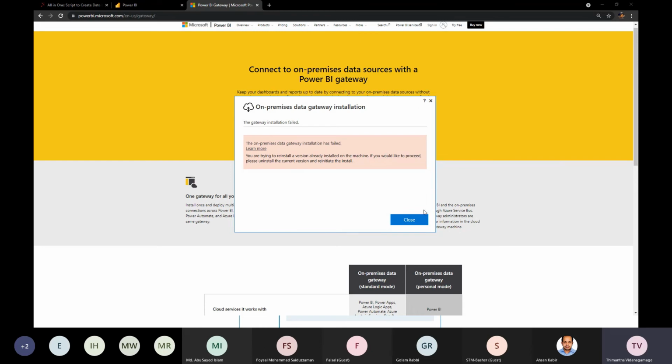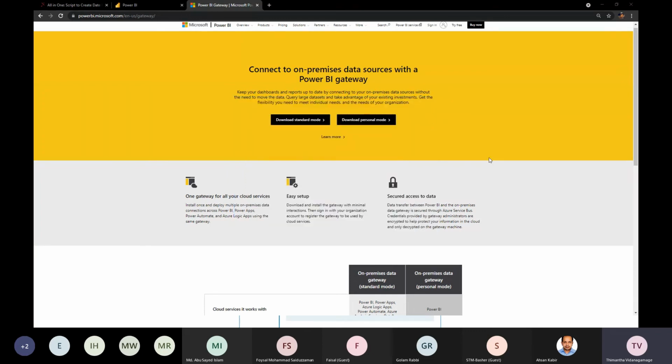But what happens with you guys is when you click on that, you would be asked two options: whether you want to migrate an existing data gateway or whether you want to register a new data gateway. If you are a first time user, it should always be register a new data gateway. After doing that, you have to provide a gateway name, and you have to provide something called a